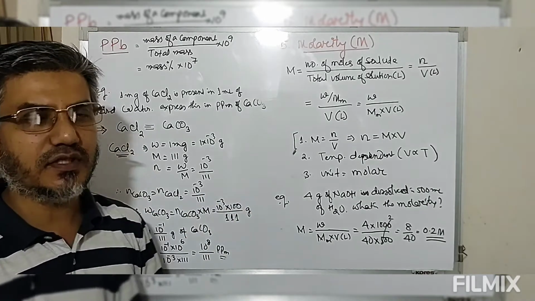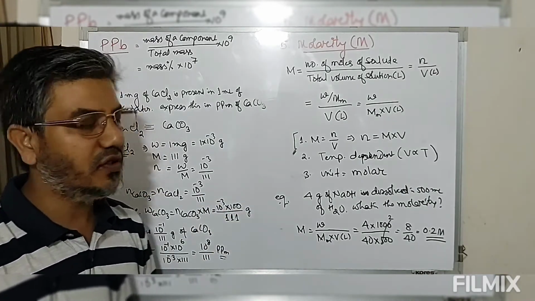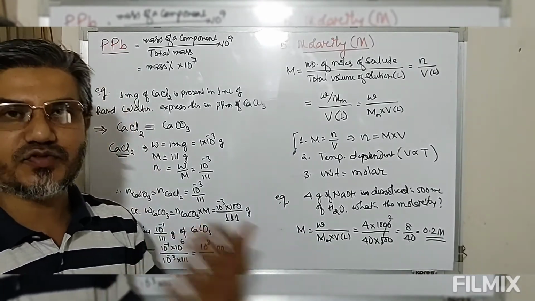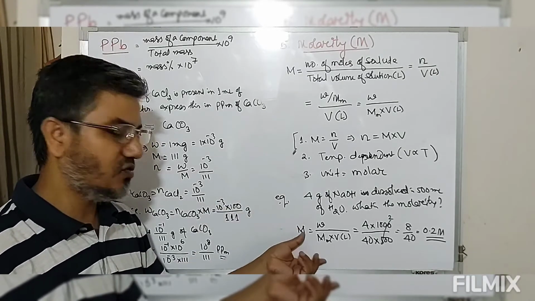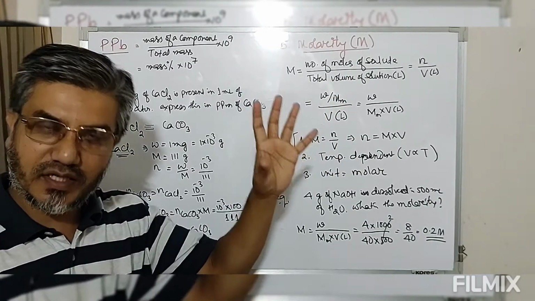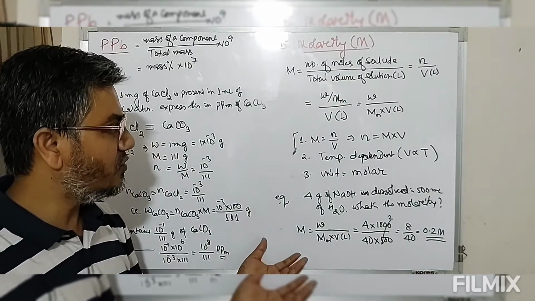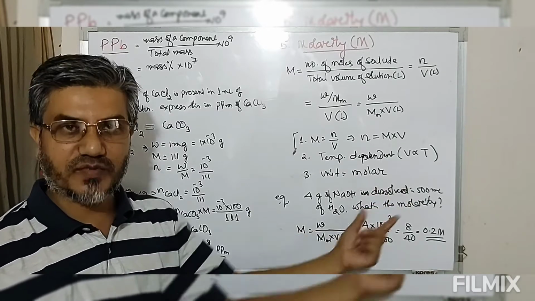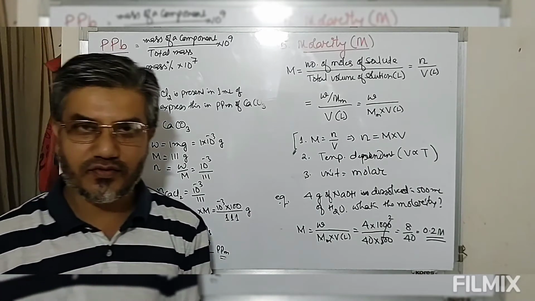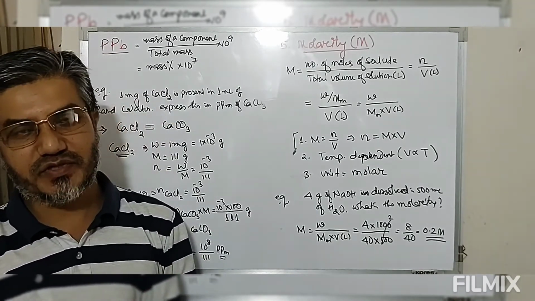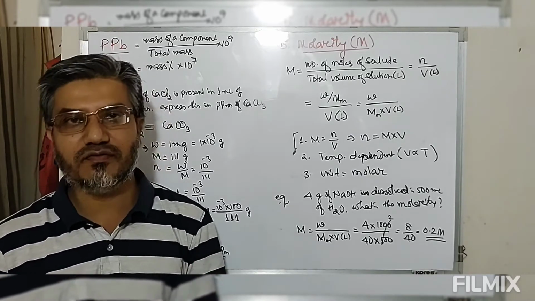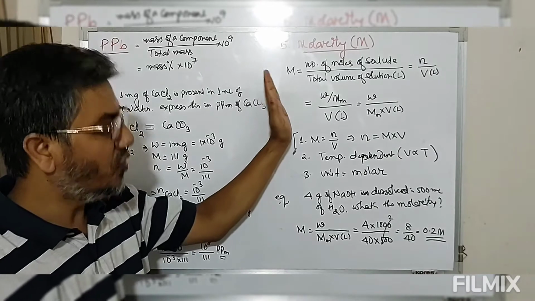So look at this. In many questions, the number of moles may be given directly. Then it's very easy. If the number of moles is not given but the mass is, then first we have to convert this mass into number of moles using the relationship, number of moles equals mass divided by molar mass. Once we have the number of moles, we divide it by the total volume, keeping in mind that volume must be expressed in liters, not in decimeter cube, not in ml, not in centimeter cube, and not in meter cube. So this is molarity.